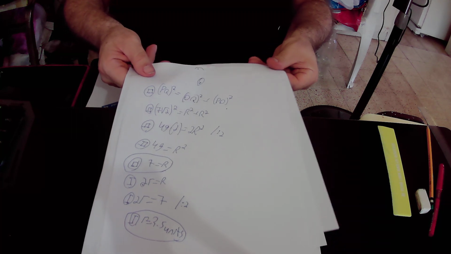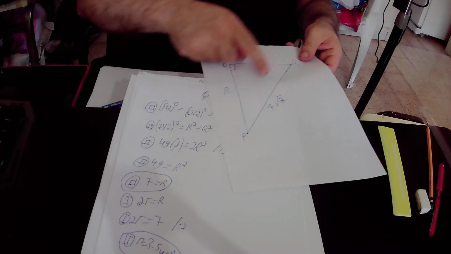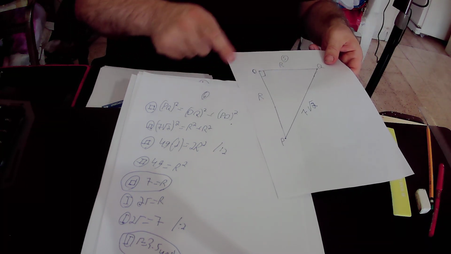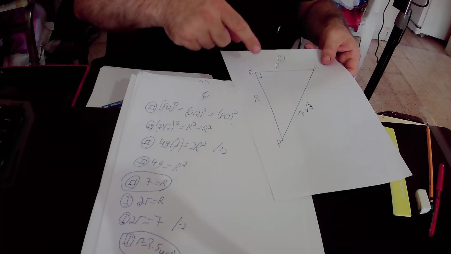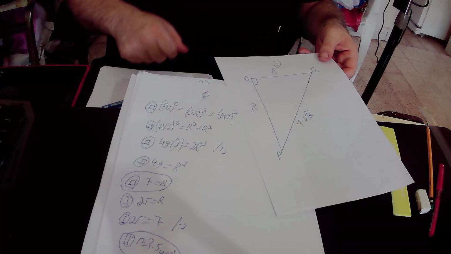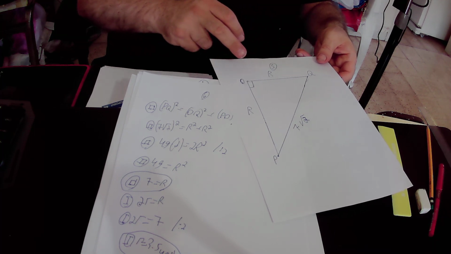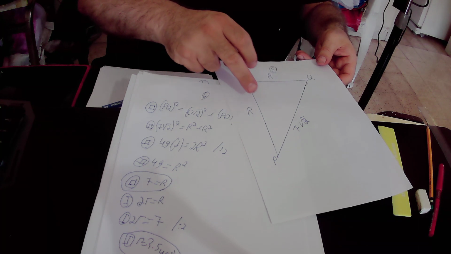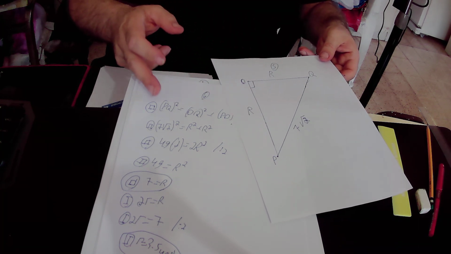We actually got that PQ squared equals OQ squared plus PO squared, but we know that OQ equals capital R, PO equals capital R, and PQ equals 7 times root 2, so we can put the data in the second equation,